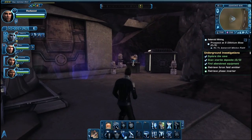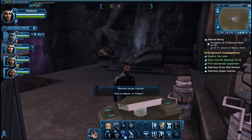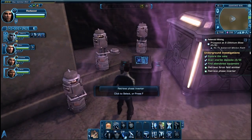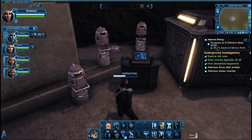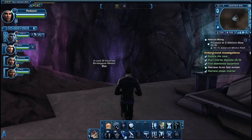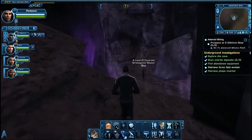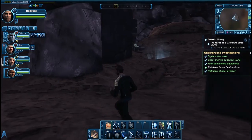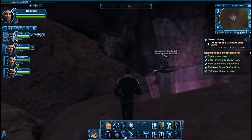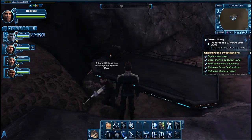And I'm just about to create a cave-in by shooting things and throwing plasma grenades and stuff like that. Okay, I'll just retrieve this phase inverter here. So this is a standard kind of gathering objective. Mm-hmm. And I've got the emitter over here. So now we can go up to the